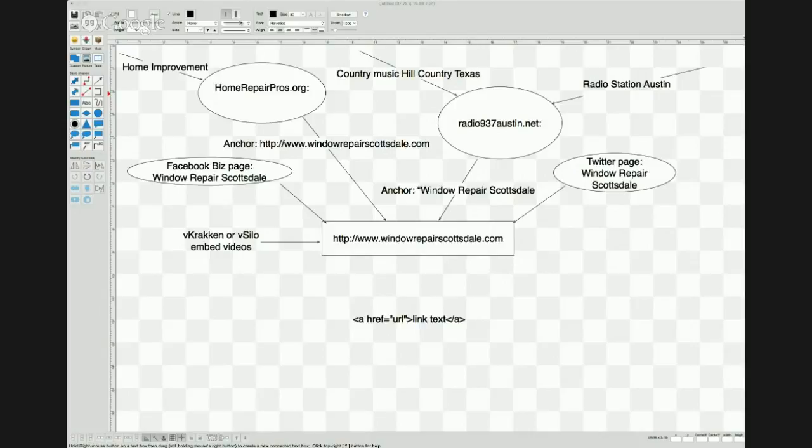I can tell you that my PBNs have many more than one link coming out from them. But unless you really understand footprints, I think it is safer to start with just one link per PBN. If you're trying to rank your own sites or you have affiliate sites, you can get yourself into kind of hot water pretty quick that way.